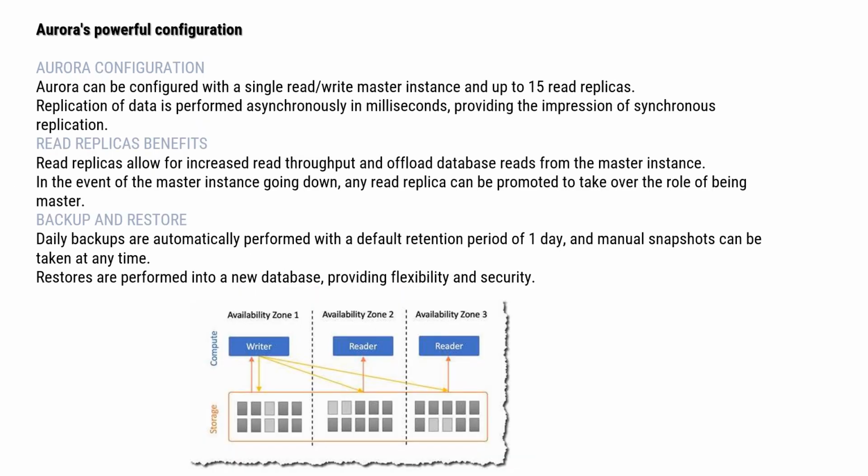Let's dive into some of Aurora's powerful configuration options. Aurora can be configured with a single read write master instance and up to 15 read replicas. Replication of data is confirmed asynchronously in milliseconds, providing the impression of synchronous replication. Read replicas allow for increased read throughput and offload database reads from the master instance. In the event of the master instance going down, any read replica can be promoted to take over the role